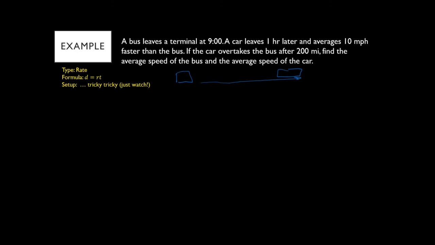and that's our bus. So this distance is 200 miles. From the bus terminal, the bus has gone 200 miles, because it says the car overtakes the bus. So the car meets the bus. I'm not that great at drawing cars, but if the car overtakes the bus, that means it caught up to the bus. So it also went 200 miles, but it left later and it traveled faster. So